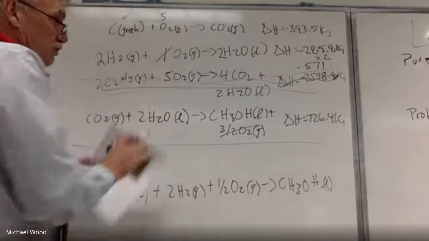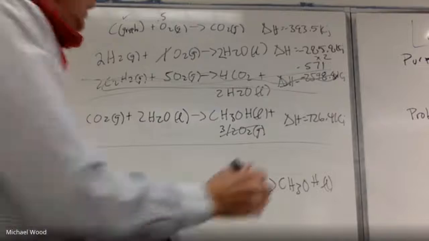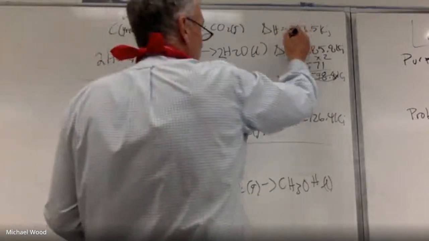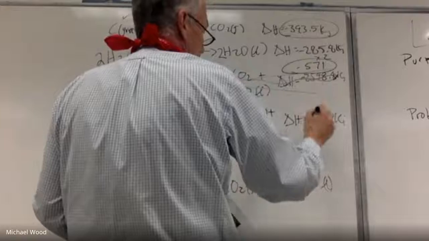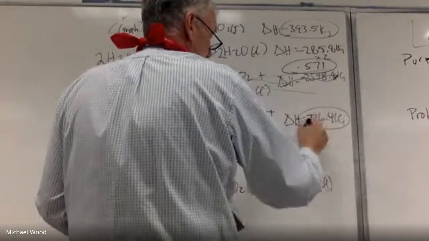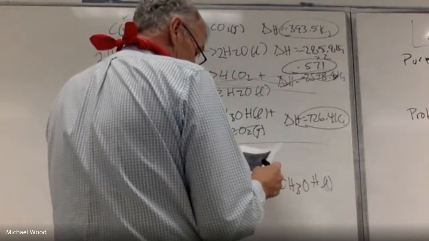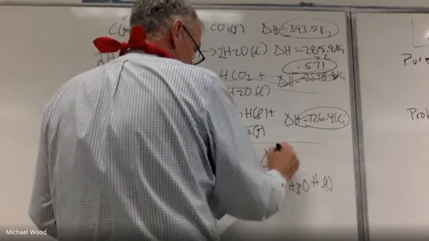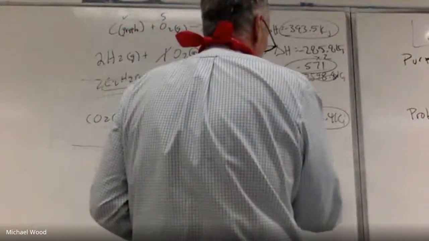So again, it's really like a puzzle. It's just flipping things around. And then to solve for delta H, I'm just going to add this up. So I'm going to take negative 393.5 plus negative 571 plus a positive 726.4. So this is the delta H for the whole reaction. I have it as negative 238.7